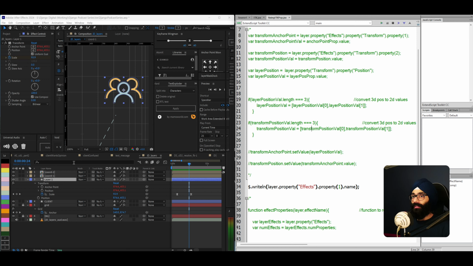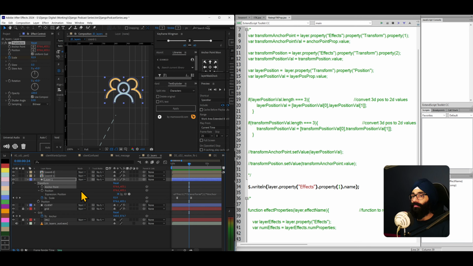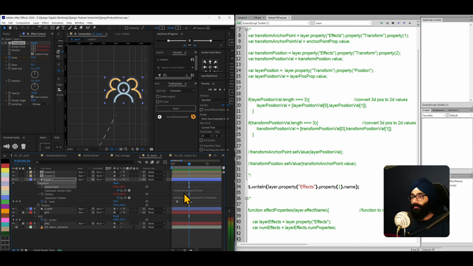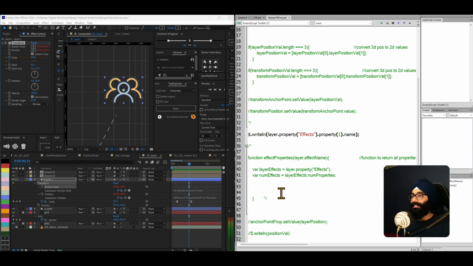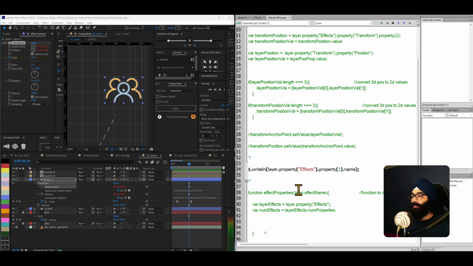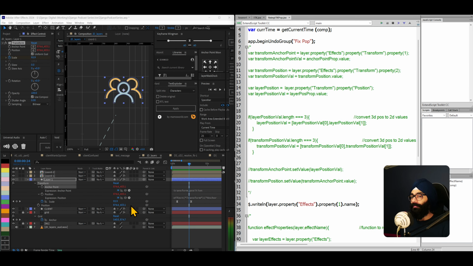So position here, because I said, what do we have to do? We have to make the transform effect's anchor point the position, right? We need to pick whip it. Over here, when we pick whip it, we're adding an expression, but here when I say set value, we aren't really adding an expression, we're setting keyframes. And the one thing that I had to note here was that position is always a 3 value vector, XYZ.